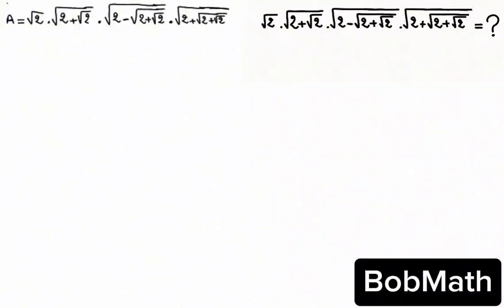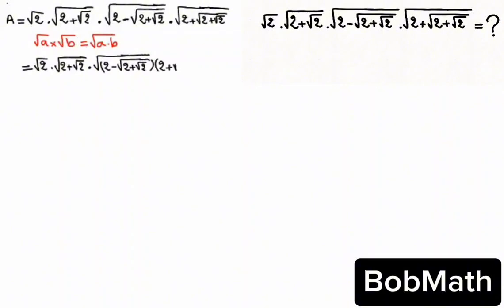We know that square root of a times square root of b equals square root of ab. So we apply this property in this example. So we got a equals square root of 2 times square root of 2 plus square root of 2, times square root of 2 minus square root of 2 plus square root of 2, times 2 plus square root of 2 plus square root